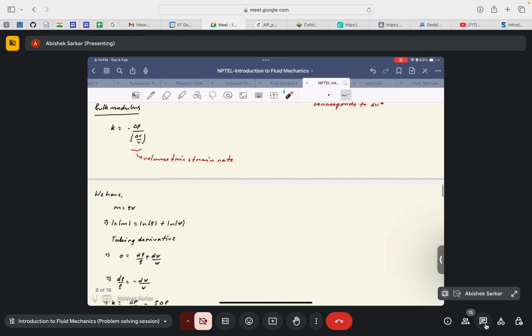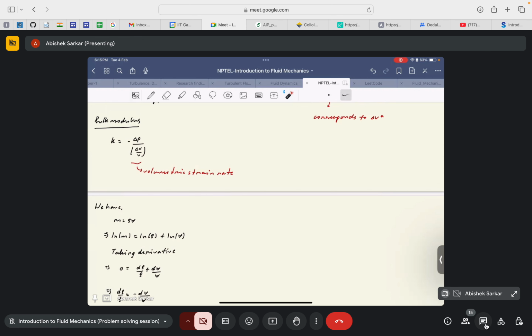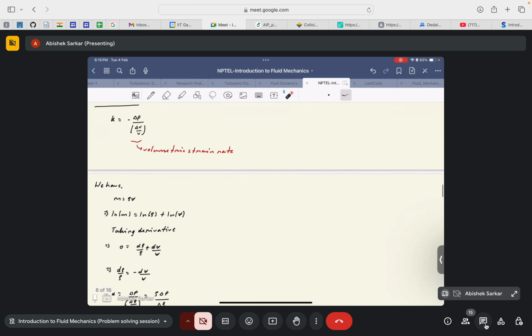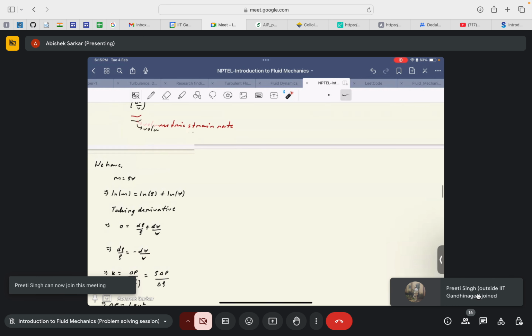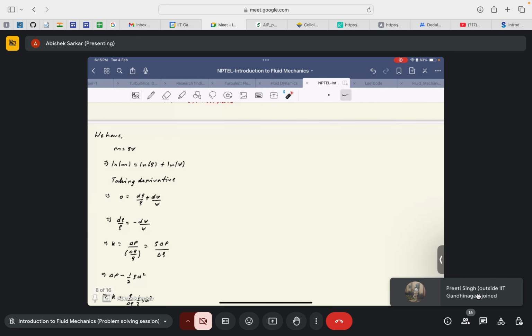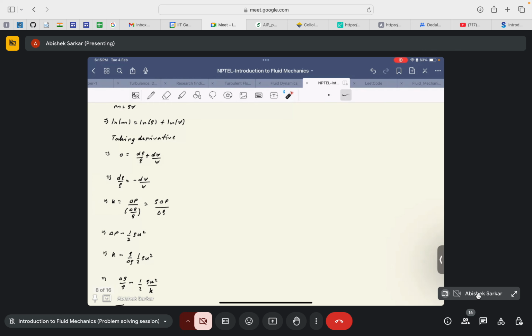Okay, so the bulk modulus is defined as the ratio of the change in pressure to the volumetric strain. The negative sign is taken into account because this delta V is negative, and we need a positive value: if we compress a fluid, then the volume will go down. So to take into account the compressibility effects, we take a negative sign, so that our value of K becomes positive. Now we want to find a relationship to express this change in density in terms of